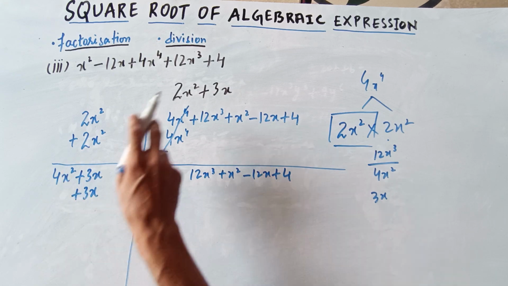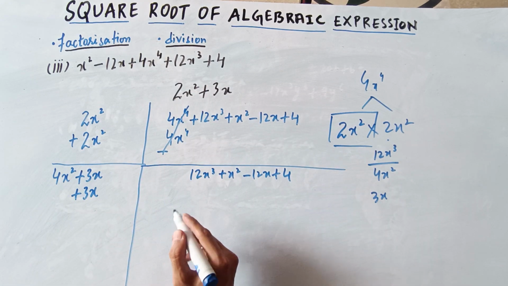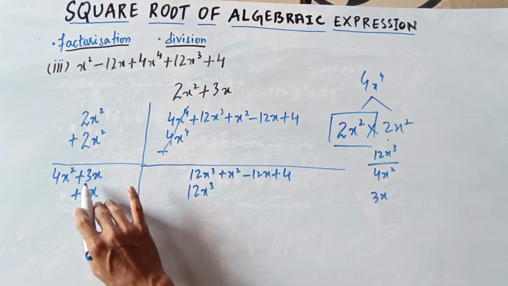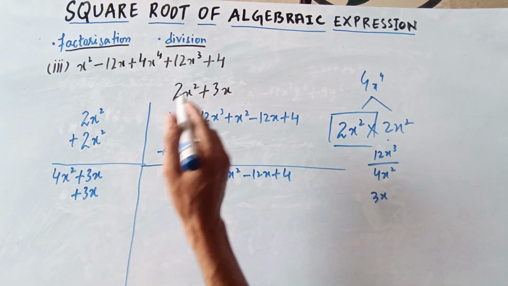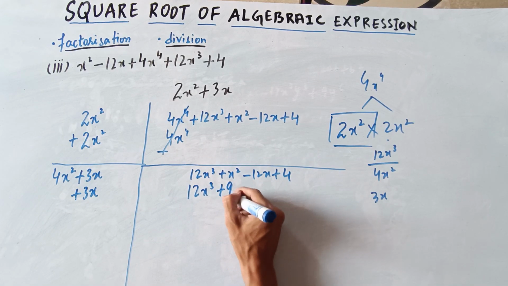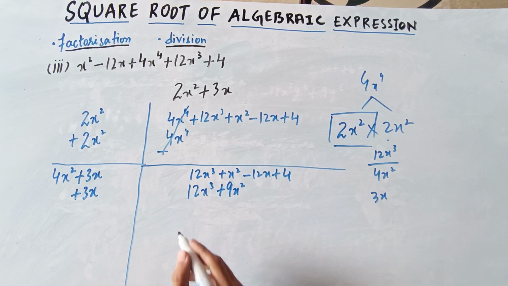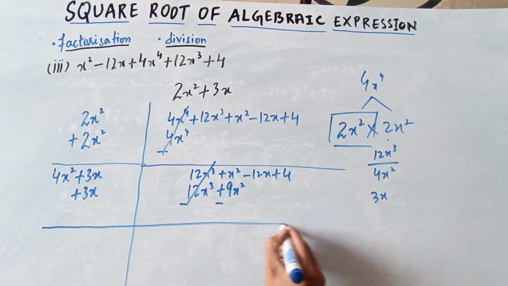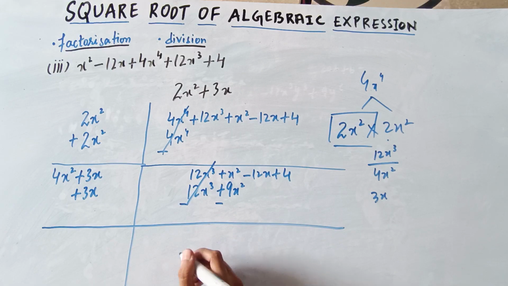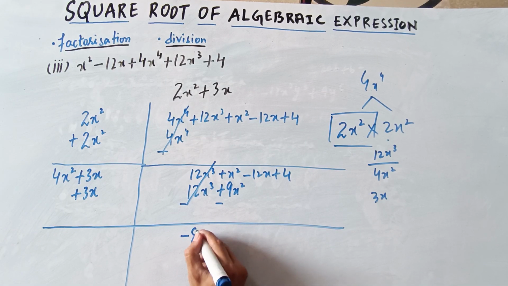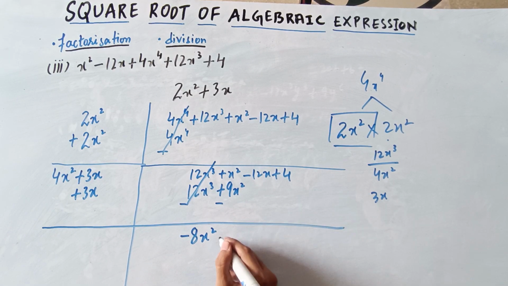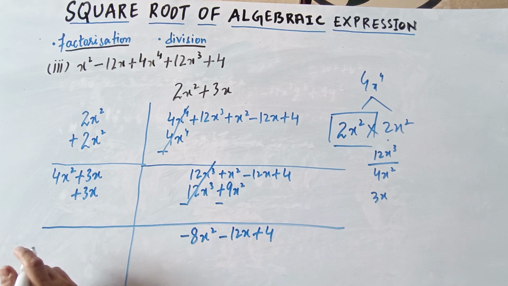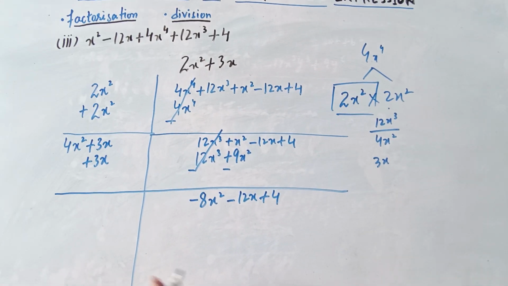So when you multiply 4x square by 3x, you will get 4 3s are 12x cube, and by doing this you can see we can cancel the first term, and then 3 multiplied by 3 will be 9, and x multiplied by x will be x square, so it will come 9x square over here. Now change the signs, this will cancel, and in the next step you will get x square minus 9x square, it will come minus 8x square, and then minus 12x plus 4 will come as it is, and over here in the divisor it will come 4x square